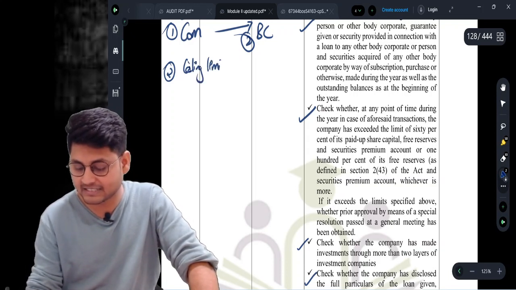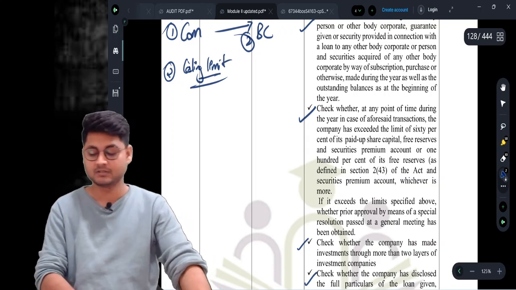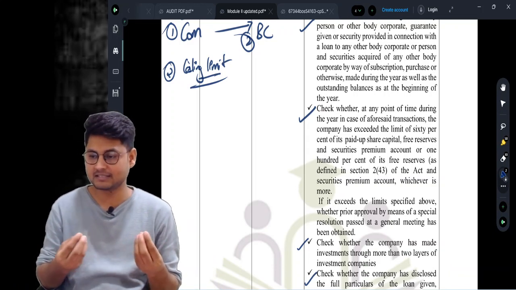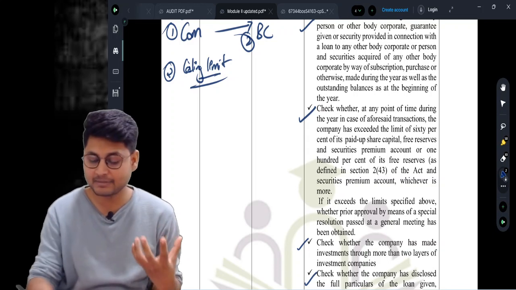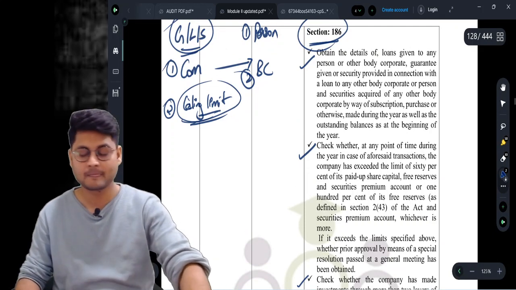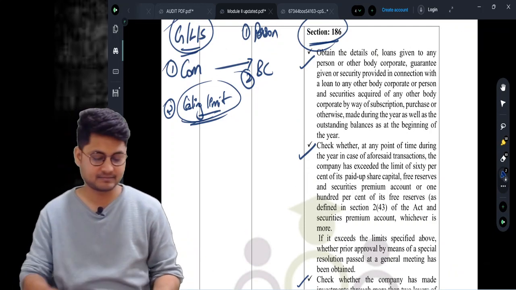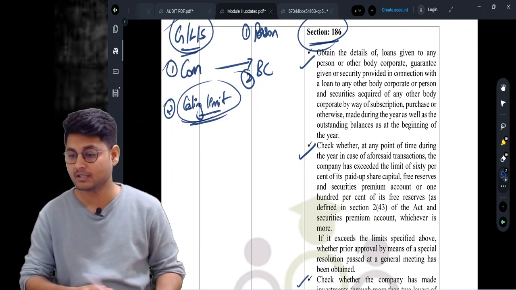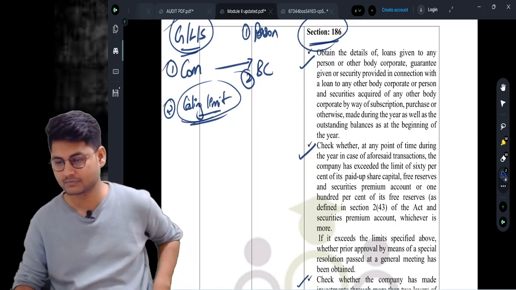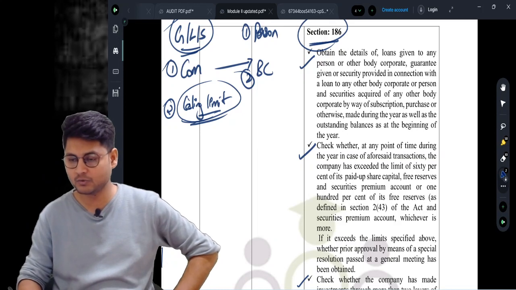Ceiling limit. Keep the side heading ceiling limit. While the company is providing loan, guarantee or security, there is some ceiling limit on that. The company cannot give beyond the maximum extent. So there are some ceiling limits which are applicable. So point number 1, company can provide loan,